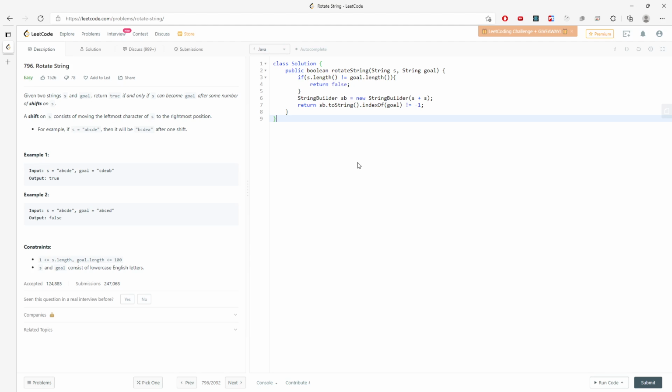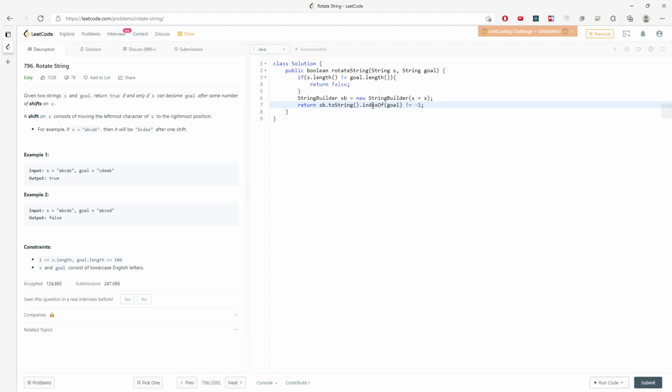And here we go. So let's talk about time and space complexity. Let's start with space complexity. You have two copies of s in the string builder, but 2 times s is still on the order of s. So the space complexity is actually O(s), right? And the time complexity is a little bit